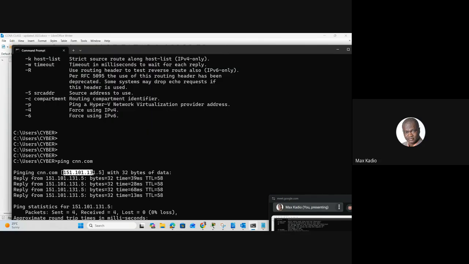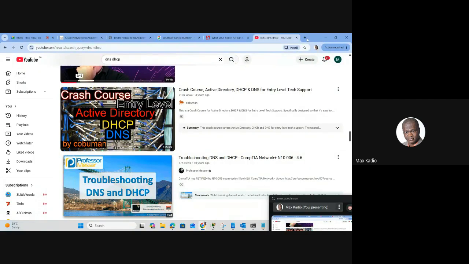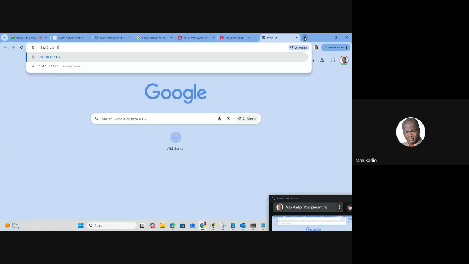This is the IP address of CNN.com. It changes the name, and my system will use it to find the server. If I copy it and open a web browser, paste it and press enter,